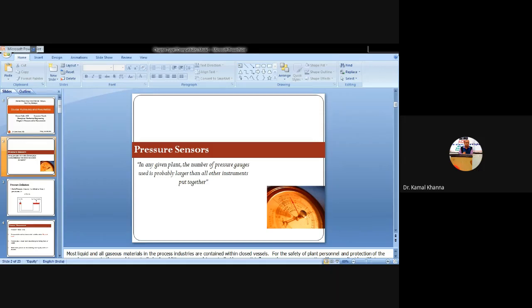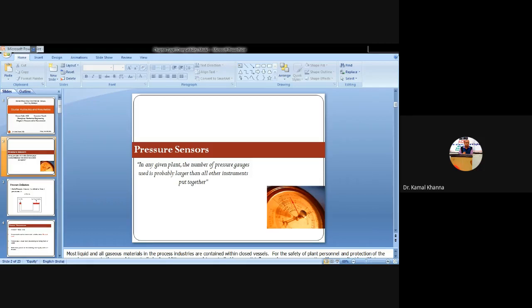If we're talking about the pressure cooker also, we need a requisite amount of pressure so that the food is cooked properly. Whereas if we are talking about an industrial unit, pressure gauges are not only releasing the extra amount of pressure, but also maintaining the required amount of pressure within the system so that the system works properly. So this is the definition of pressure, you must have understood now.